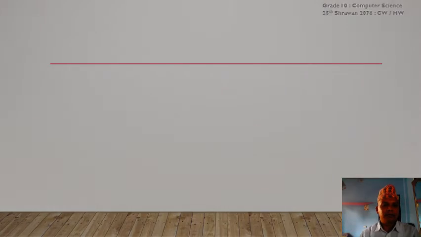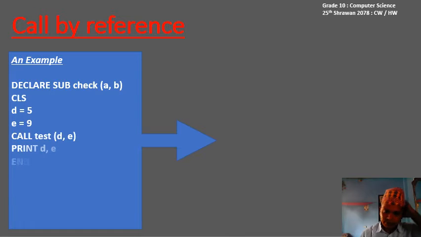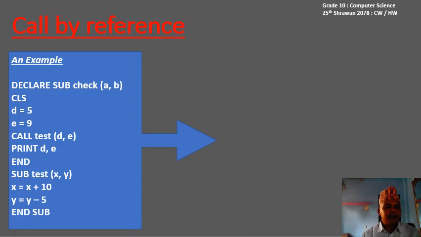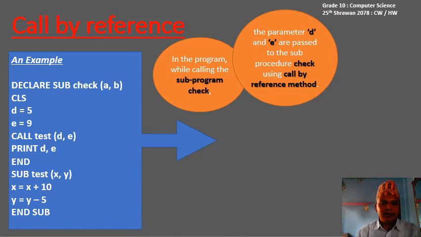Here we'll see one example of this. Here is one QBasic program in front of you, and the program is here. So we'll see what the main topics are here. In the program, while calling the subprogram check, the parameters D and E are passed to the subprocedure check using